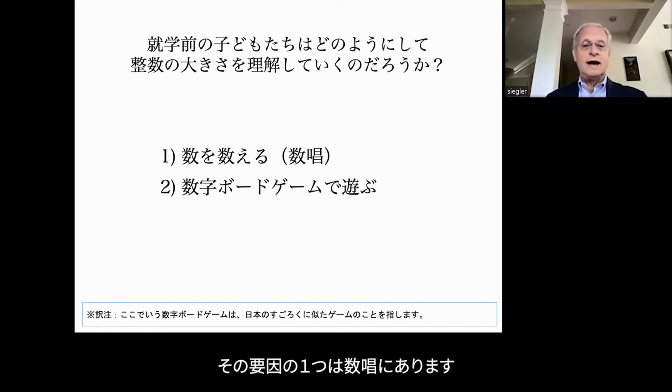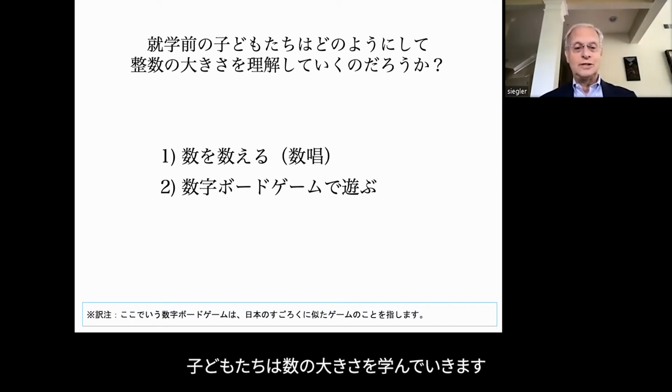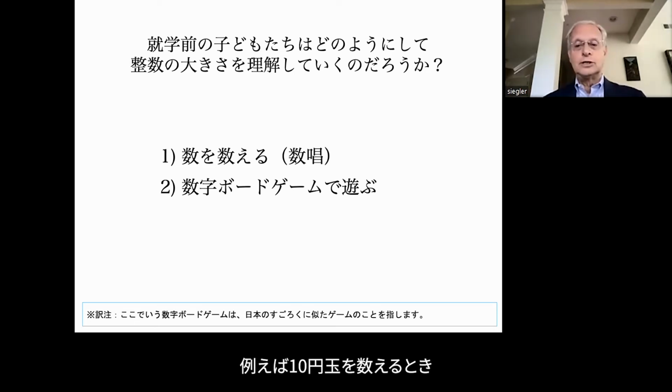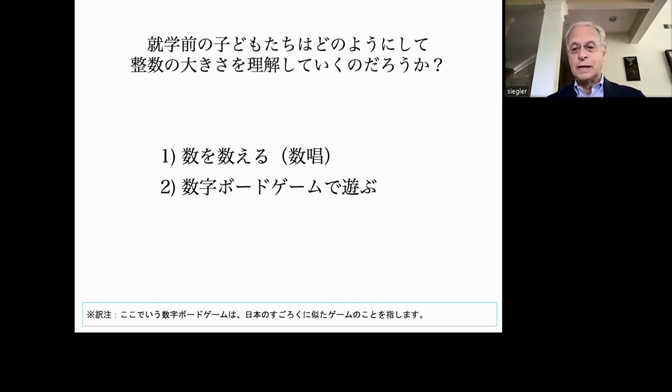So one pretty obvious contributor is counting. And counting provides many good cues to the magnitude of numbers. So when you count, even when you're just counting, say, a row of 10 objects, say 10 coins, and you're going from left to right, the higher you count, the bigger the number is.